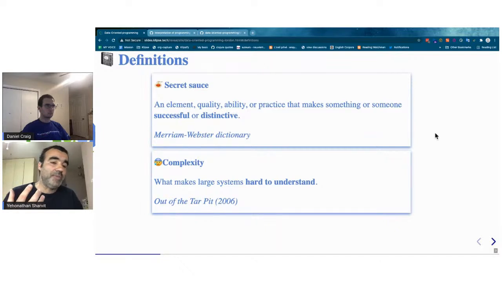So the claim is that a system that is written in data-oriented programming is easier to understand. What's going on in the system is easier to understand, and it has nothing to do with performance. So that's the first clarification. And I like to say that data-oriented programming is the secret sauce that makes Clojure systems simpler.